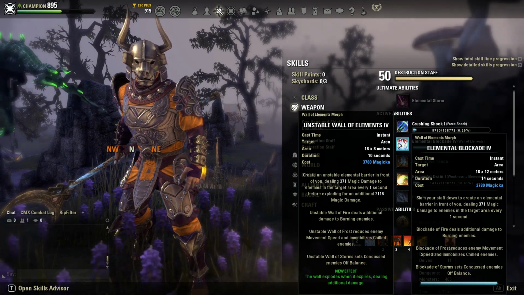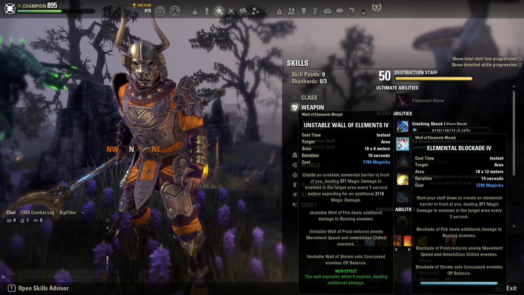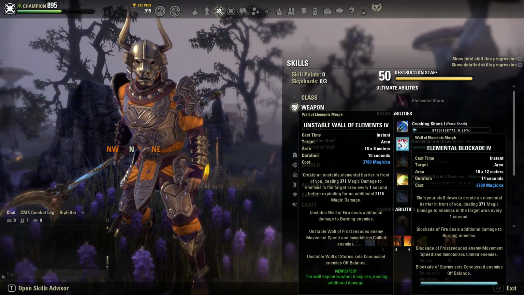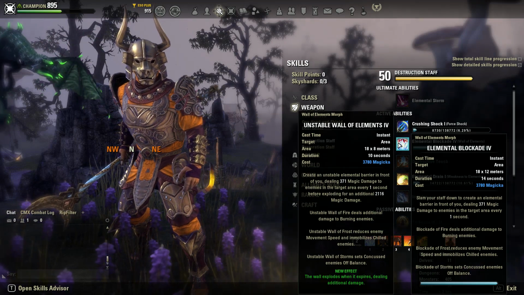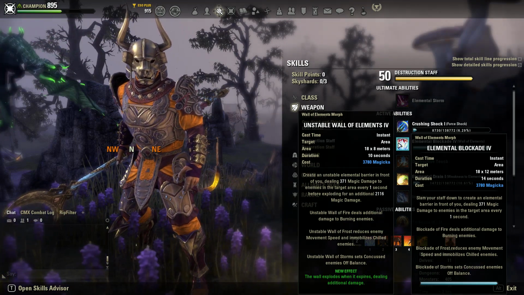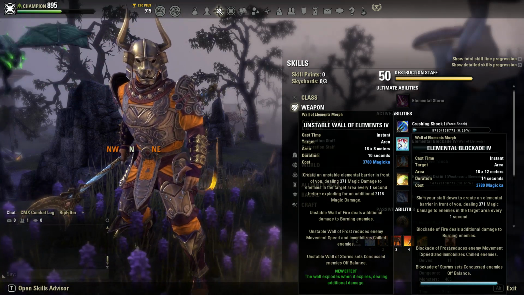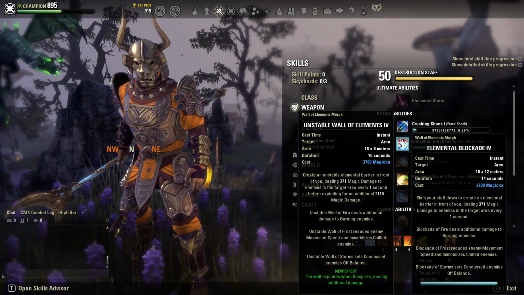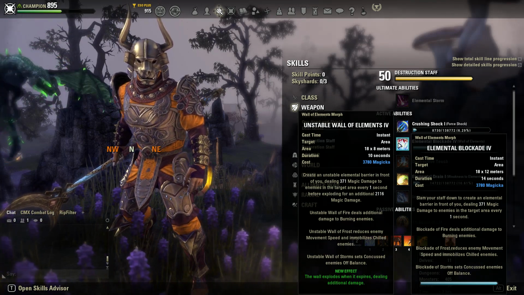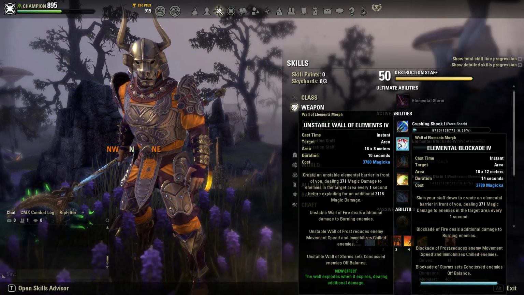Now, what is off-balance? If you are unclear about that, I'll give you the very, very short explanation. Shock damage procs concussion. Concussion results in off-balance. Off-balance is either a 14-second debuff with a 7-second cooldown or a 7-second debuff with a 14-second cooldown. You'll have to double-check me on that. I don't quite remember. But when a target is rendered off-balance, all heavy attacks on that target restore double the